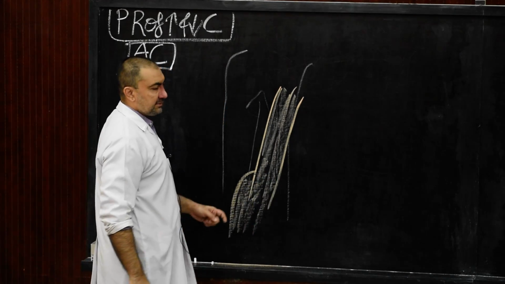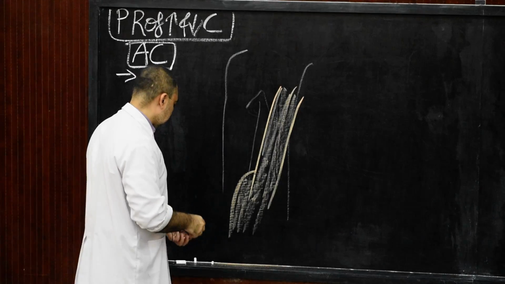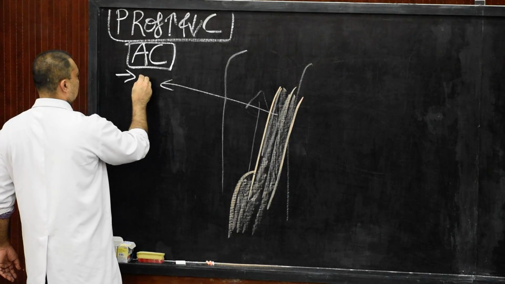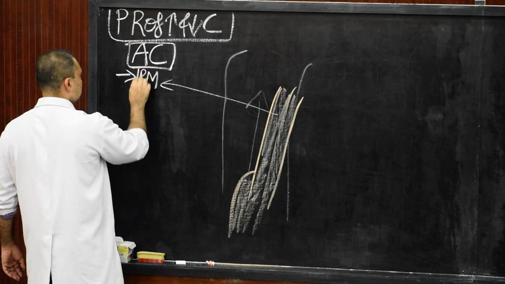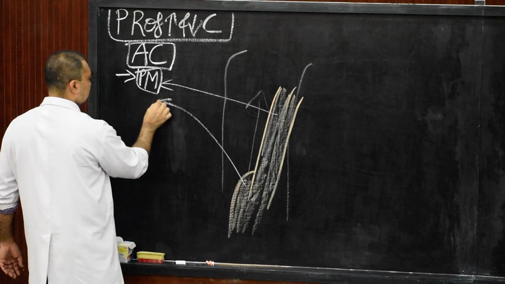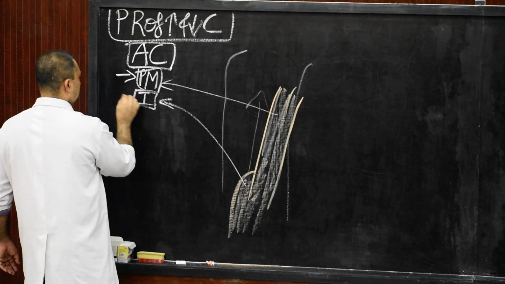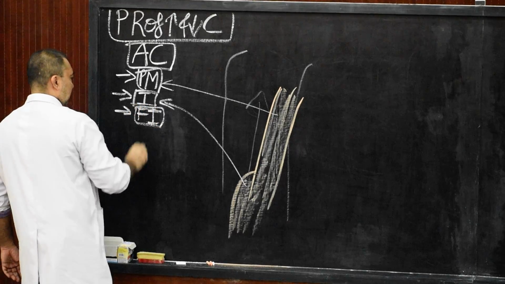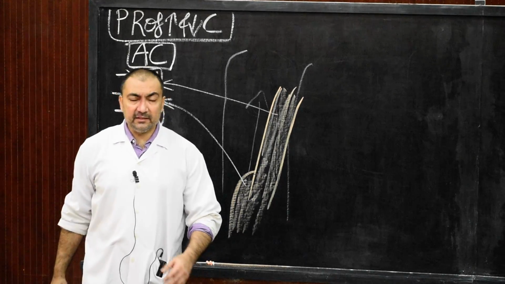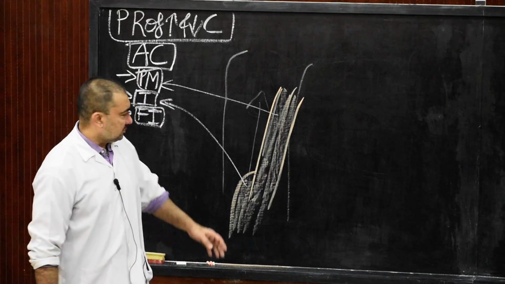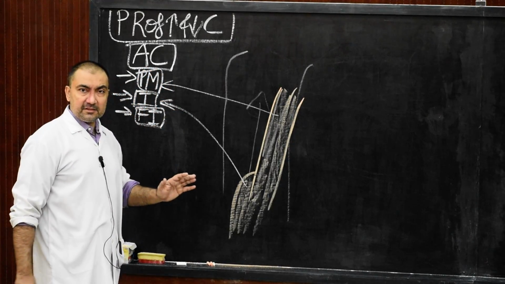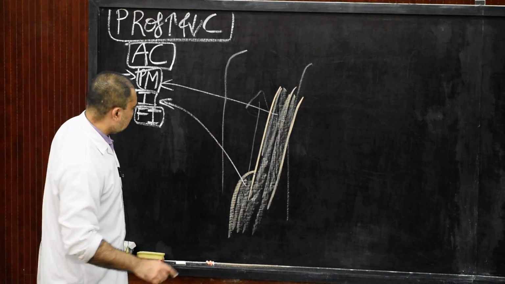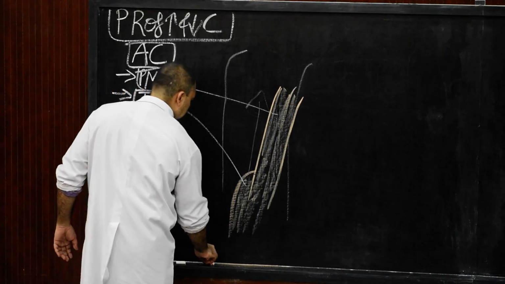Now this right iliopsoas muscle is covered by fascia iliaca. So all the three structures are together. Here we are going to write and mark it as psoas major. Here we are going to mark this as iliacus, and the fascia covering them, fascia iliaca, which will cover the right iliopsoas muscle. So these are three structures which are related posterior to the ascending colon. Then structure number 4, quadratus lumborum muscle.